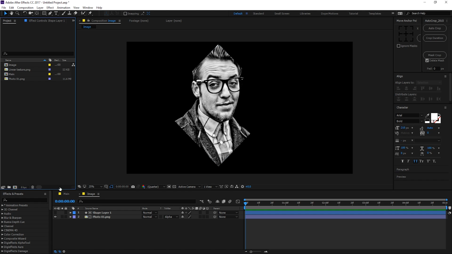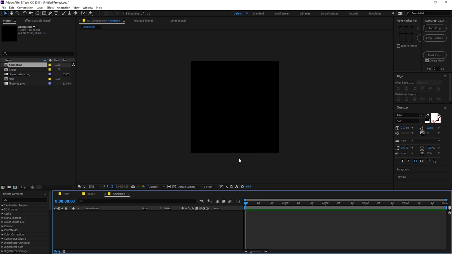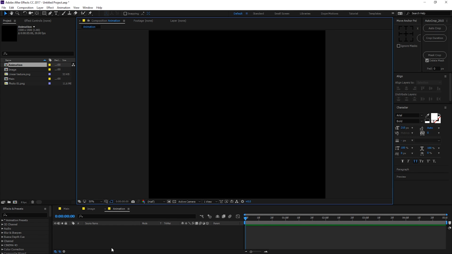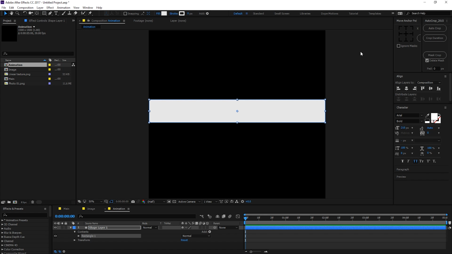There we go. Then I'm going to create a new composition. This is going to be 1500 by 1500 pixels. And let's rename this to animation. This is going to be our matte for our animation of the image. And then what I can do is I'm going to select my rectangle tool and create a shape like that. And let's enter the anchor point up pretty quick. And then basically